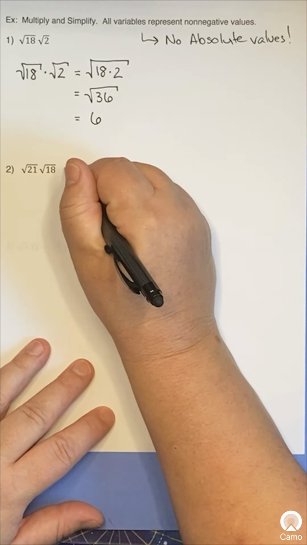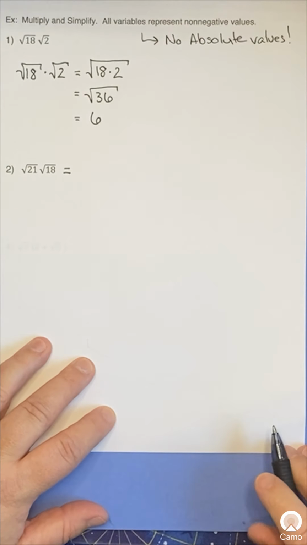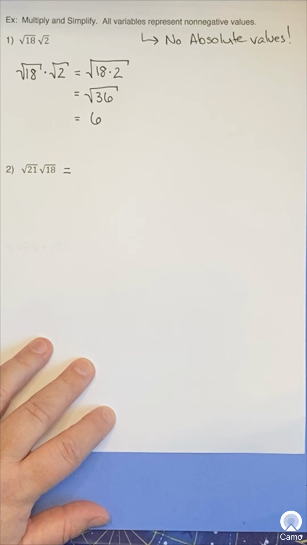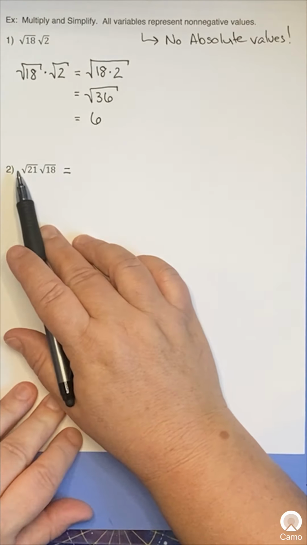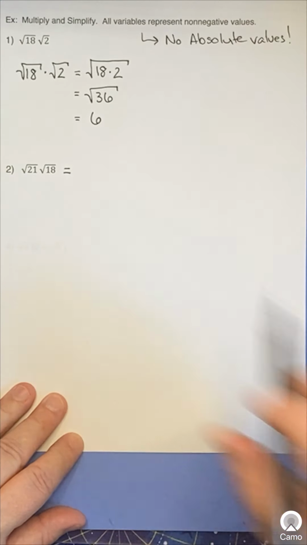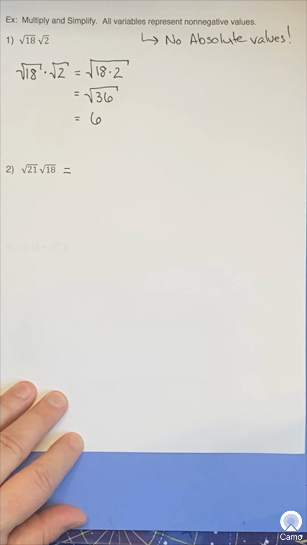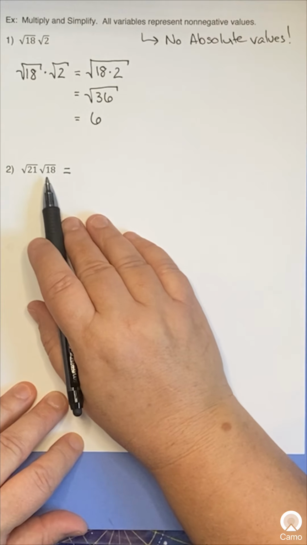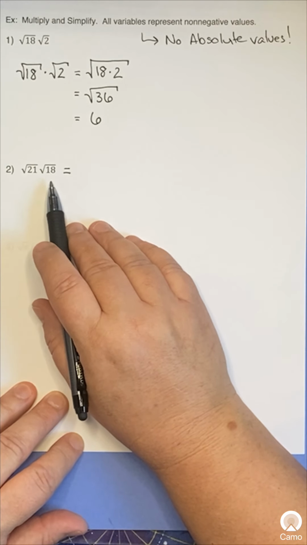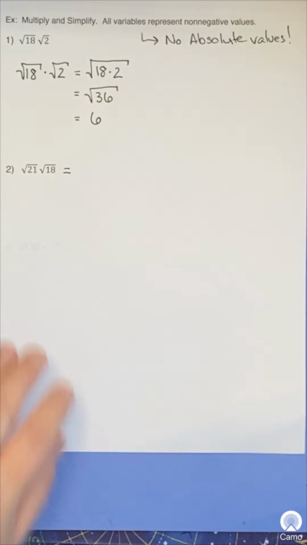Let's try radical 21 times radical 18, or the square root of 21 times the square root of 18. So the question is, what do we do with this? Well, radical 21 isn't a perfect square, so this is going to be messy. Same thing with radical 18. Now, in this case, if I multiply them together,